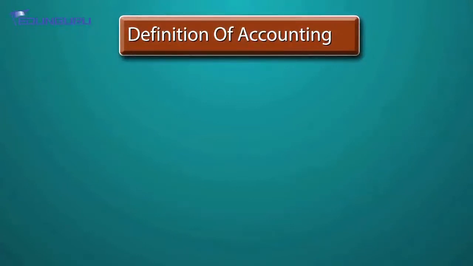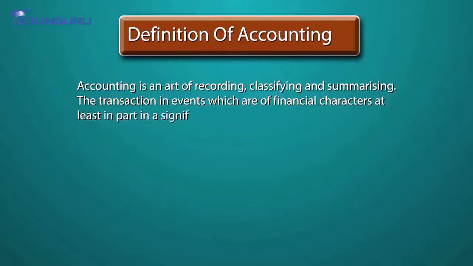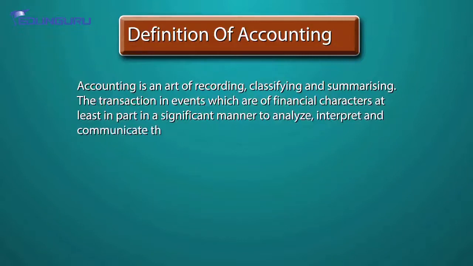What is accounting? Accounting is an art. Art of what? Recording, classifying and summarizing. Now what kind of transactions? Only financial transactions. We can record only financial transactions in the books. Non-financial transactions don't find a place in the books. So accounting is an art of recording, classifying, summarizing the transactions and events which are of financial character, at least in part. Because if it is not of financial character, how can we record? How can we measure in terms of money? So only and only financial transactions we are going to record